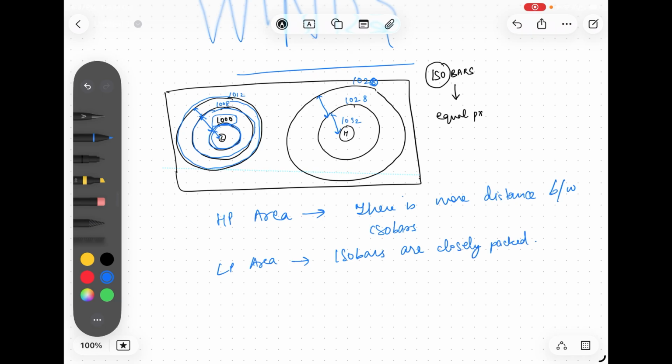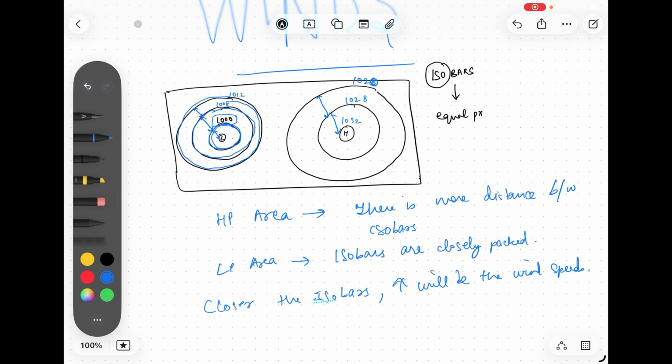So the closer the isobars, the higher will be the wind speed. These are all important things that I'm writing, so remember this. Because the pressure is changing too rapidly in the low pressure area,